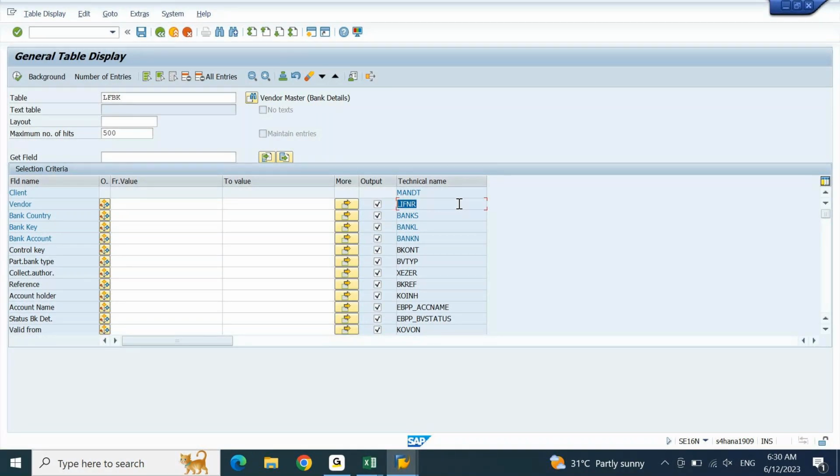In your functional specification document, nowhere are you going to write these field names. Instead, you are going to write all the technical names. You need to mention, go to LFBK table, pass LIFNR. You'll have to put it like this, pass LIFNR, and then execute the report. From the output, extract, let's say, bank country, this field, bank key, this field. Like this you'll have to mention in your functional spec document, which means